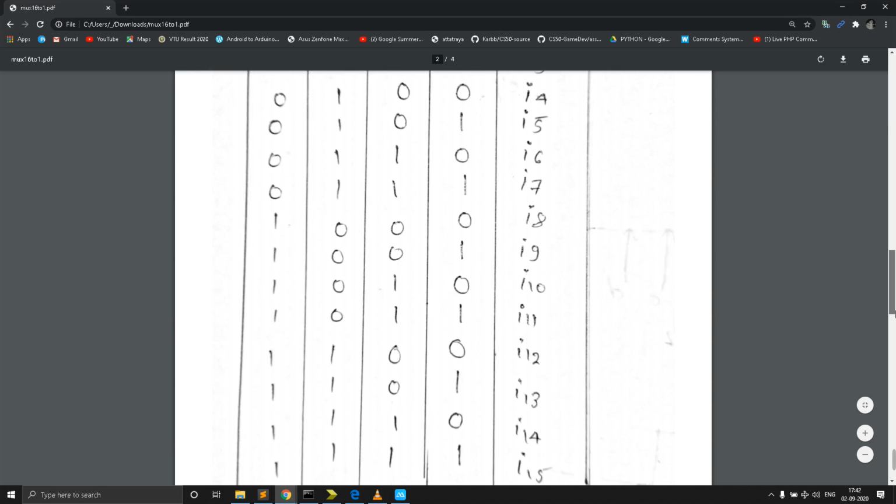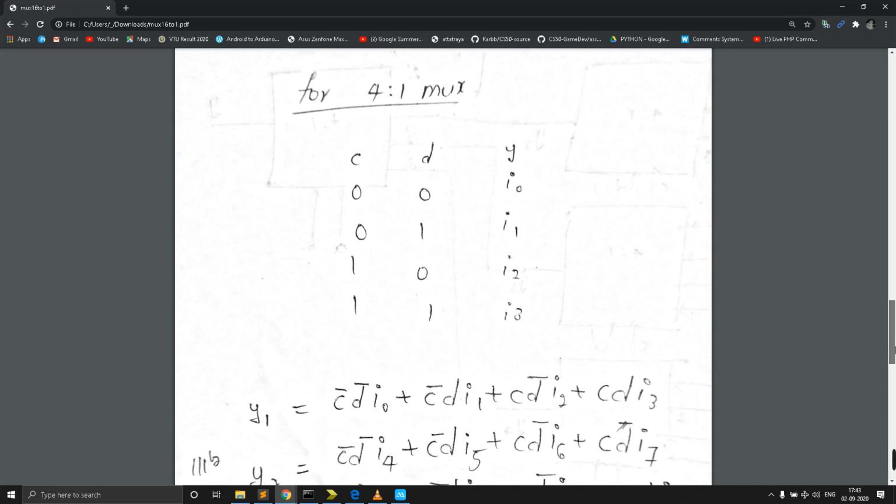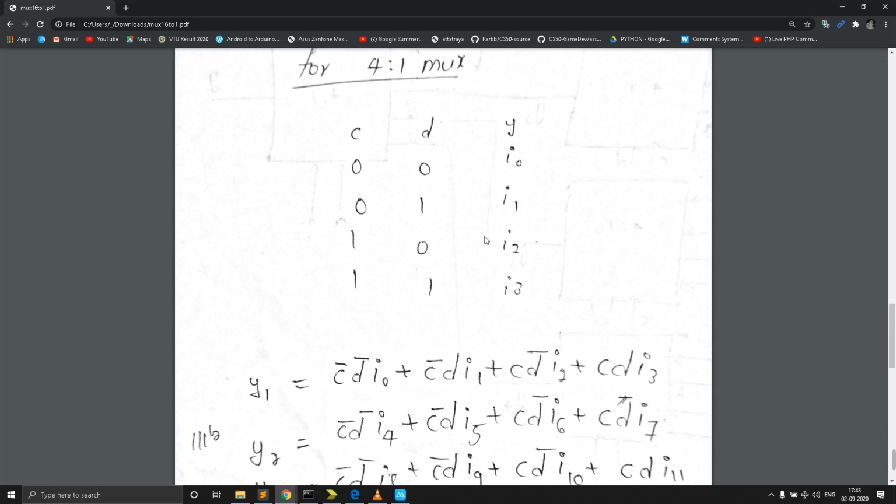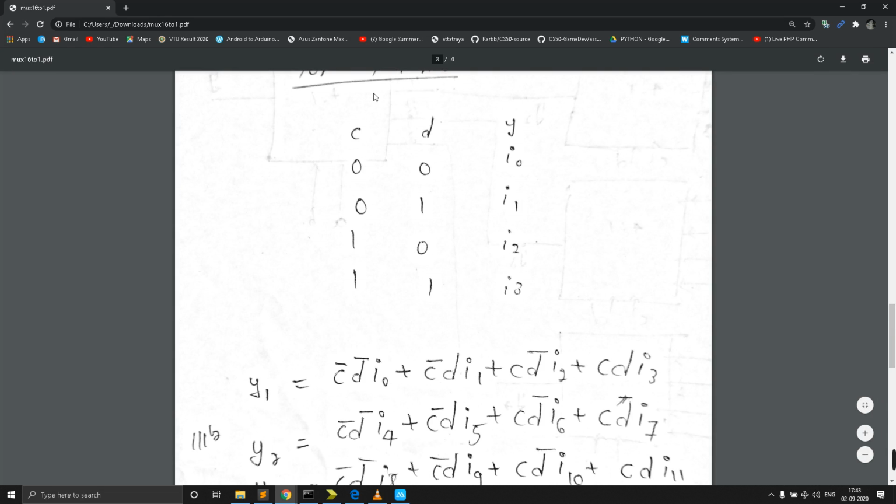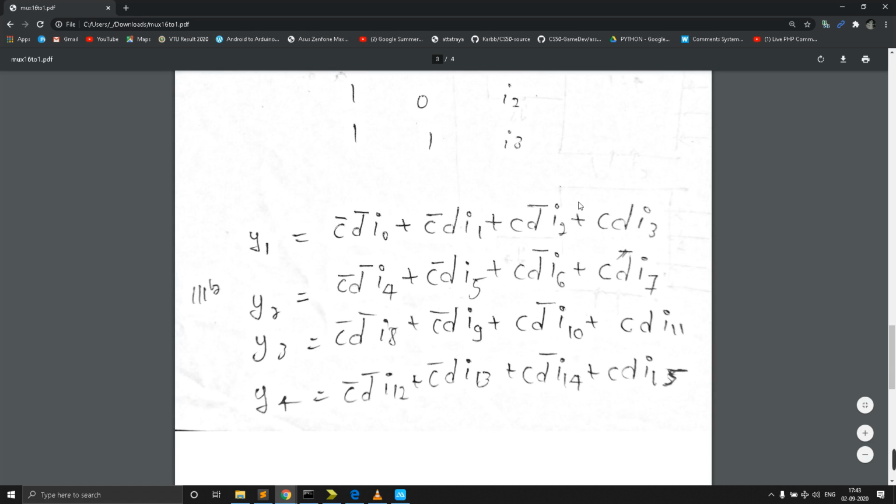Then how can we design that? This is the equation for a 4:1 mux. So for 0, 0, it is C bar, D bar, I0. This is the output y1 for mux 1. From all four muxes we are getting outputs like this.